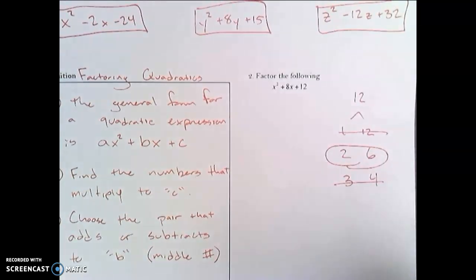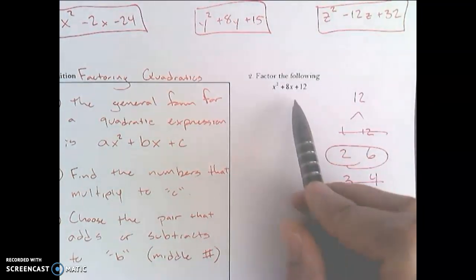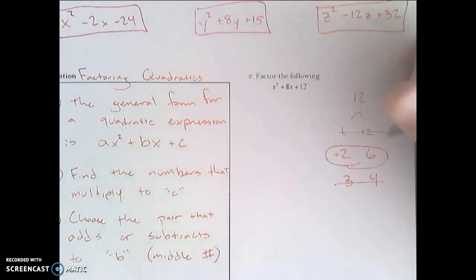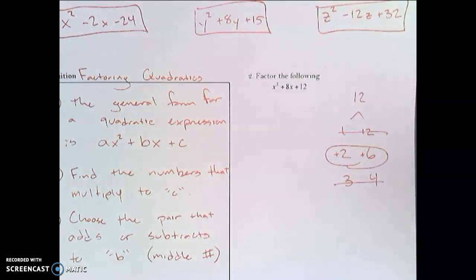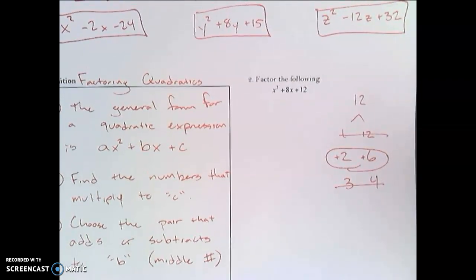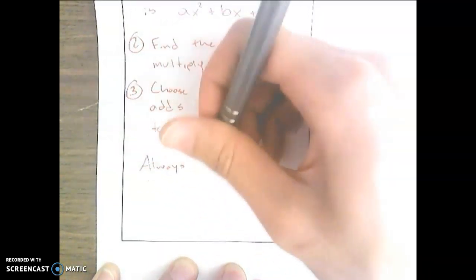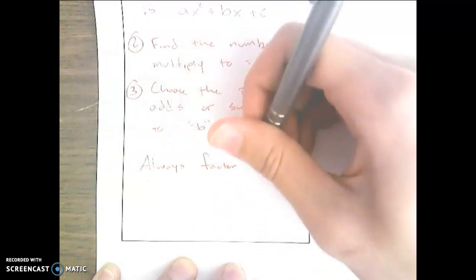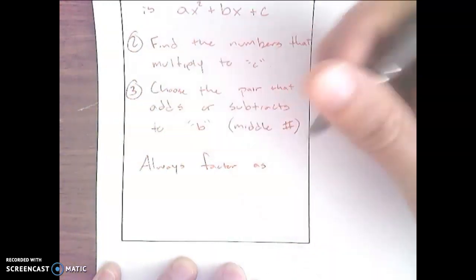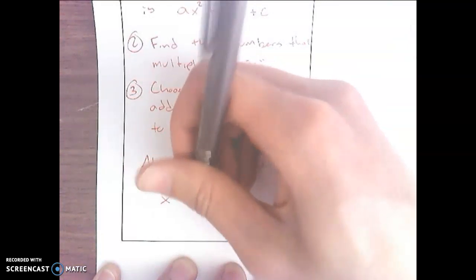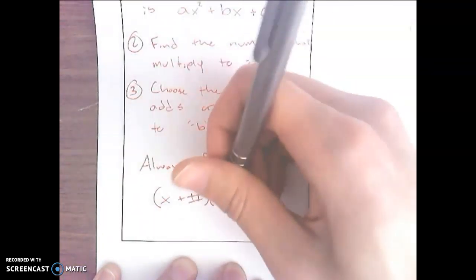And in particular, how do we get from 2 and 6 to 8? Well, we take positive 2 and we add it to positive 6. So when we're writing this, it's always going to be in the form... so I'll say always factor